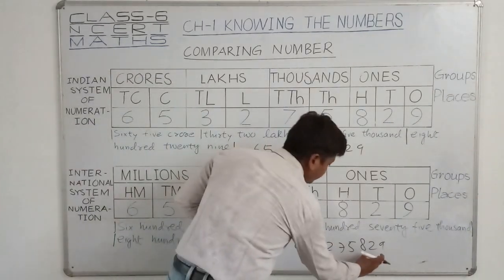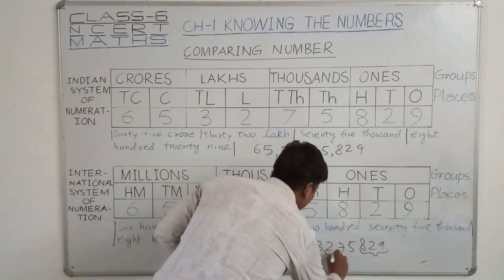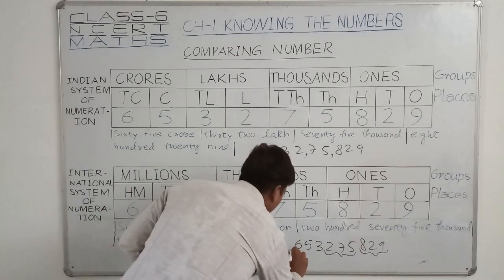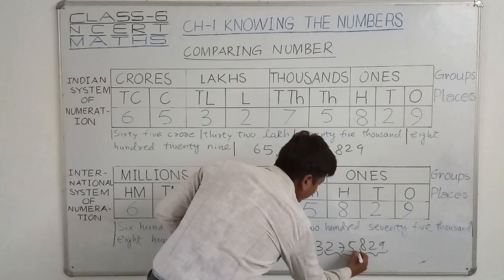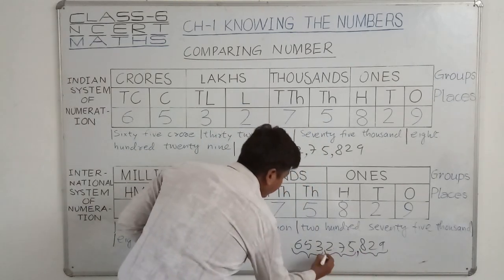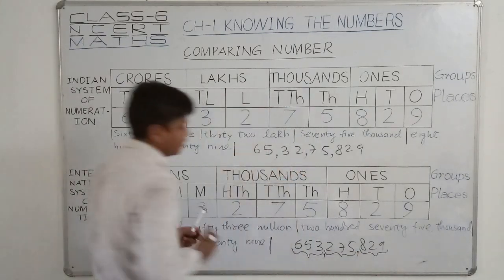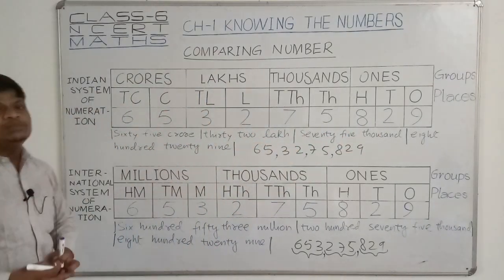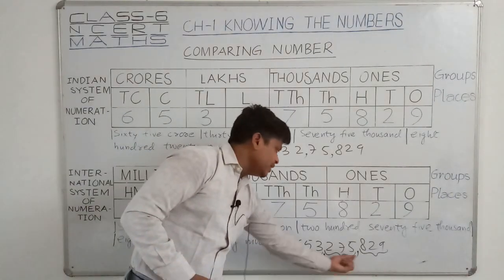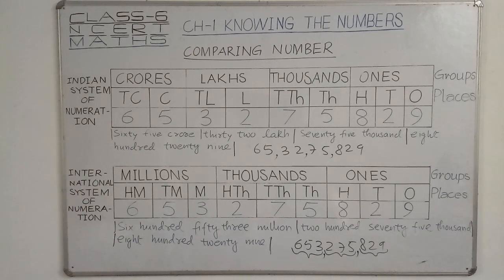First of all, we have to make groups of 3, right? Just like 829, this is a group of 3. Then 275, that is a group of 3, and 653, this is a group of 3. So after the 3 digits we put a comma, and again after the 3 digits we put another comma. So in this way, on the pattern of 3, 3 and 3, right? Here we have followed the pattern of 3, 2, 2, 2, right? So just remember this pattern, and we can easily use the commas and separators in the number. So just observe this table, and after that we will solve some examples.